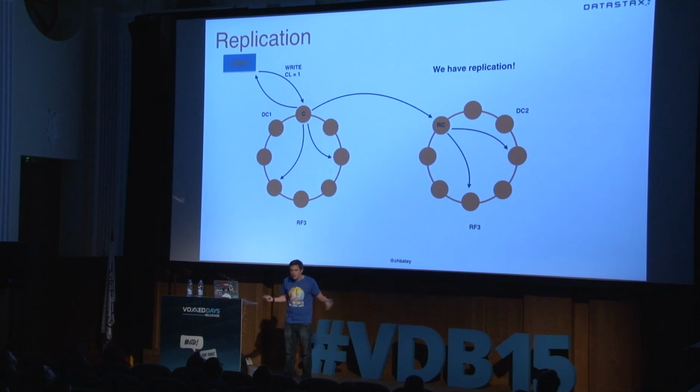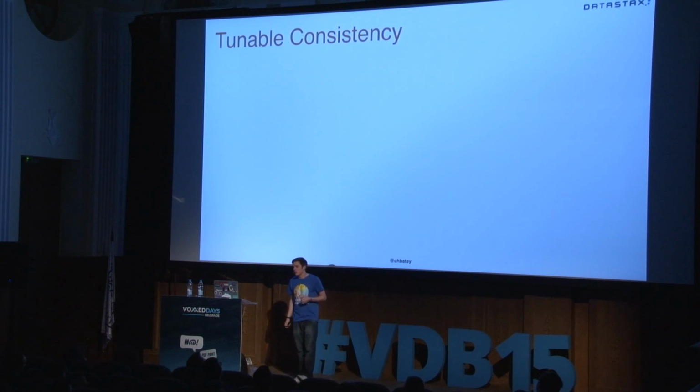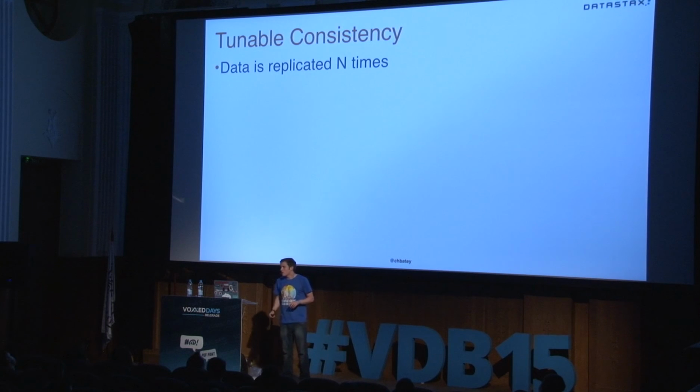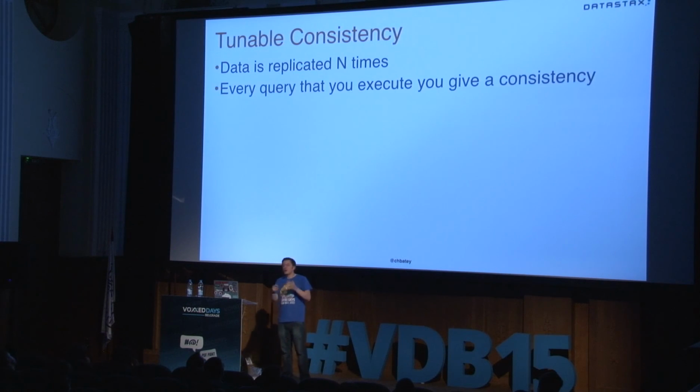That's a write, but on a read, rather than deciding how many nodes to wait for acknowledgements for, you actually decide how many nodes to consult. So if you say, I want to talk to at least 2 nodes, you're going to get the latest data from those 2 nodes. You have to tune this, though, because given that data is replicated, say, 6 times in a Cassandra cluster, 3 in each data center, then every time you do a query, and you can set up defaults, don't worry, you have to specify it.